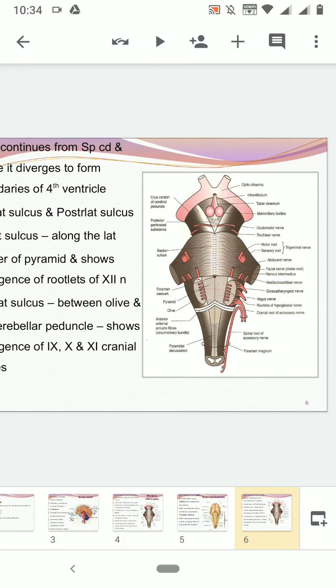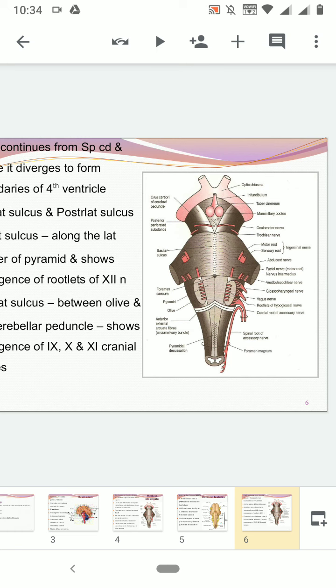You can see that very well over here. I am enlarging it. You have the glossopharyngeal nerve, the vagus nerve, and the rootlets of the spinal accessory, that is the cranial part of the accessory nerve. The spinal part of the accessory nerve actually comes from the upper 5 cervical segments of the spinal cord, and it comes up and joins the cranial part of the accessory nerve.